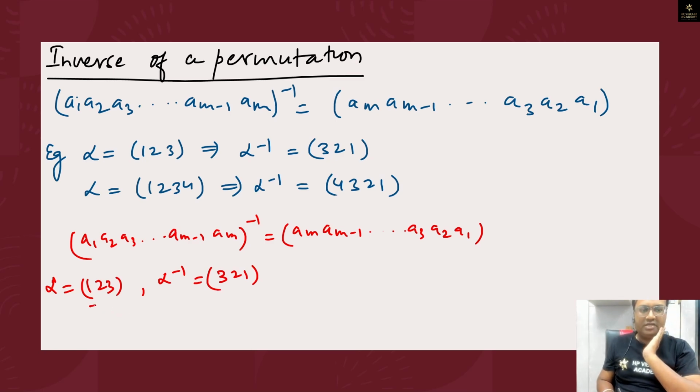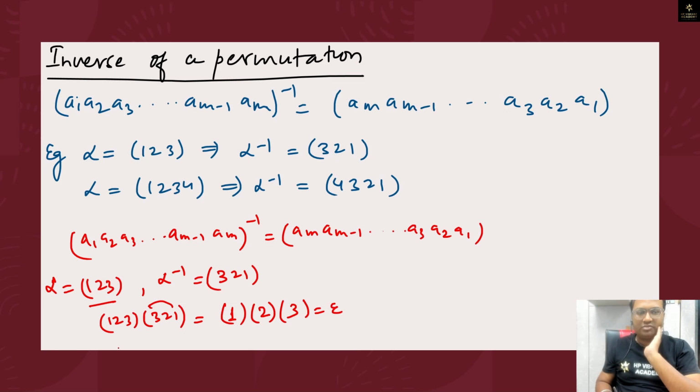ओके, इसको ऐसे भी निकाल सकते हो। Let us multiply this, 1 2 3 को मल्टीप्लिकेशन करो 3 2 1 से, क्या आएगा, आइडेंटिटी आना चाहिए। तो देखो यहाँ से 1 स्टार्ट फ्रॉम 1, 1 goes to 3, 1 goes to 3 and 3 goes to 1, so this means 1 goes to 1, closed. Now we have, let us take the second element 2, 2 goes to 1 and 1 goes to 2, this is closed. Now we have 3, 3 goes to 2 और 2 goes to 3, this is closed। तो आइडेंटिटी आ गया ना, तो इसका मतलब ये अल्फ़ा है और ये अल्फ़ा इन्वर्स है।